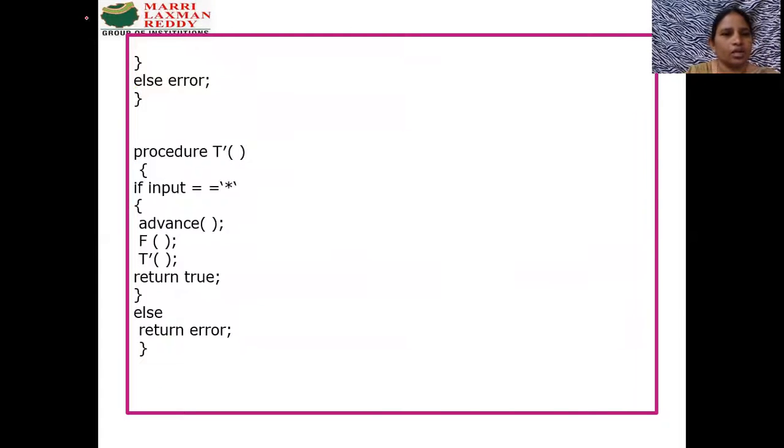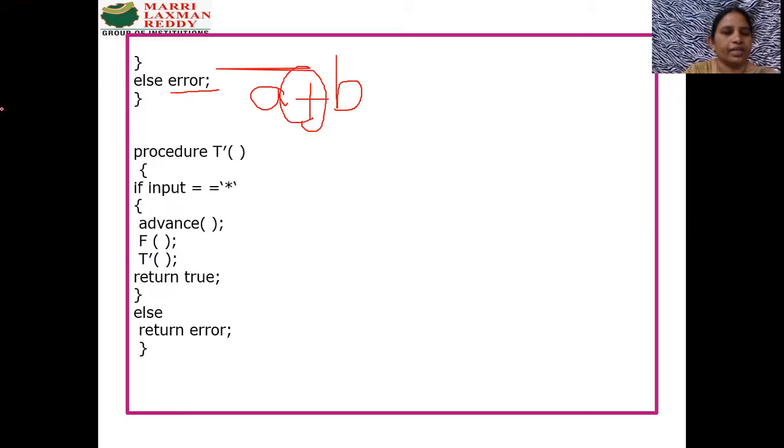If it is not a plus, what are you expecting? You are expecting a plus between A plus B, but it is not a plus. Then return error. Take the next production, T dash tends to star F T dash. So star is a terminal symbol.